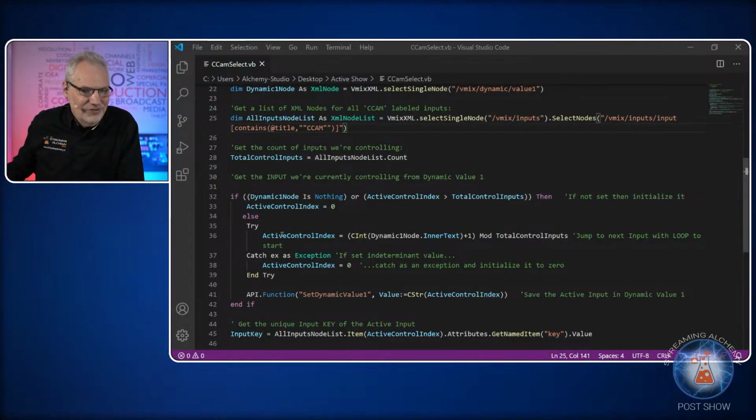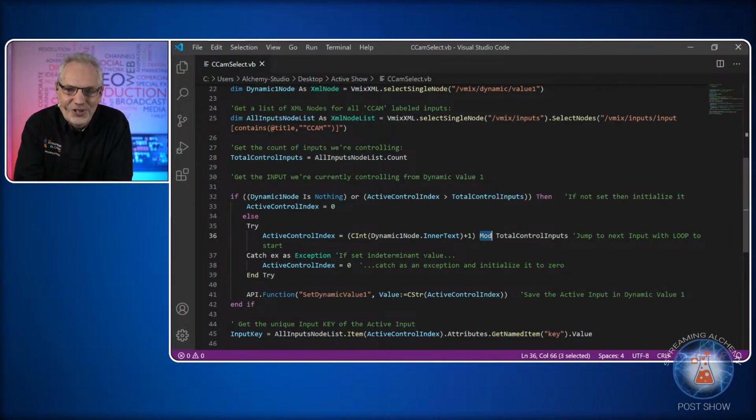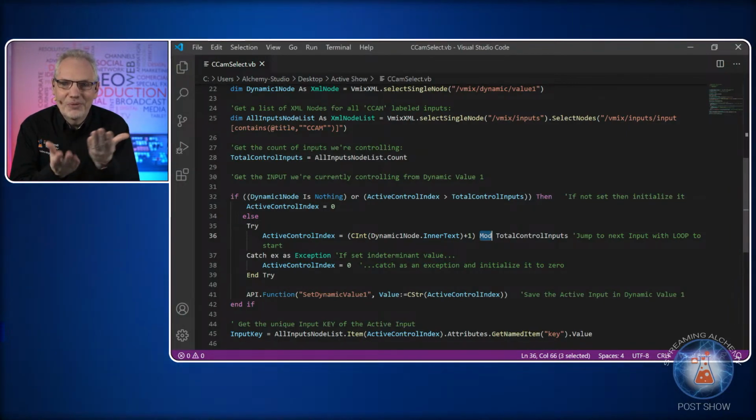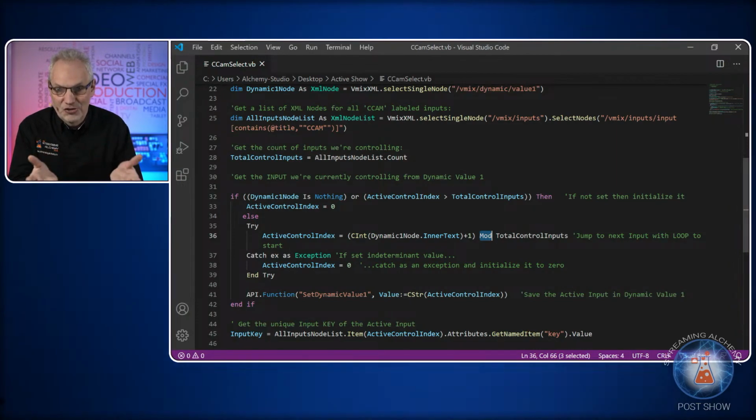The other thing, which I didn't talk about during the show itself, but is for the math geeks among us, is the function we used to figure out how to do the looping. For the active control index we set up here, we're using a function called modulo. Modulo basically lets you get the remainder from dividing one number by another number. So if I have 3 elements in a loop that I want to go through, so 3 inputs in this case, I keep counting up, so 1, 2, 3, and I divide that by the total number of inputs. When I'm at 1, I divide it by 3, and you get 0 with a remainder of 1,